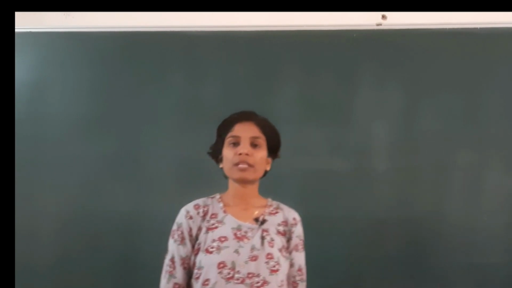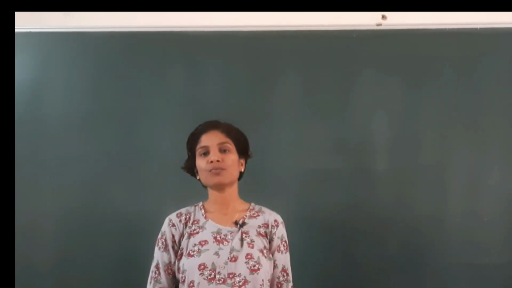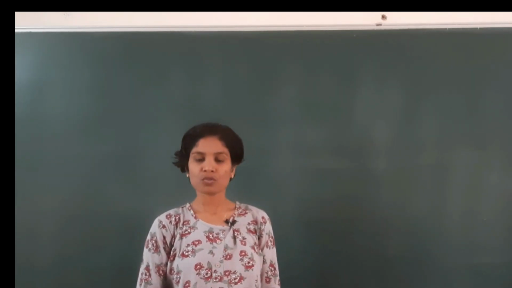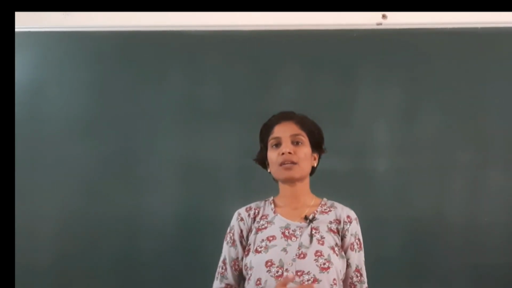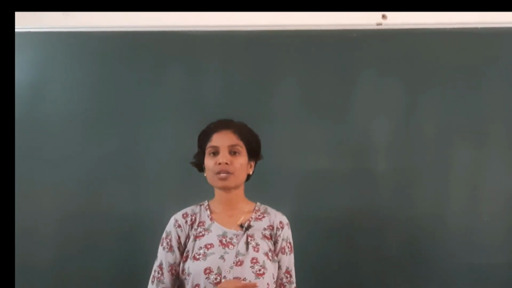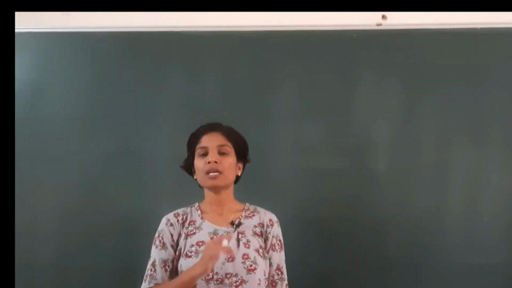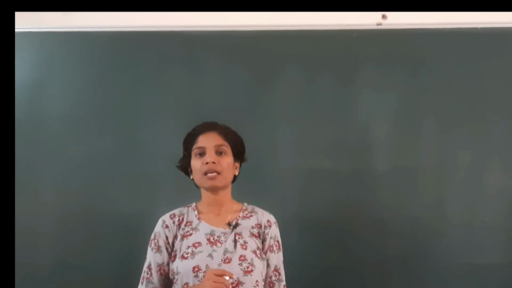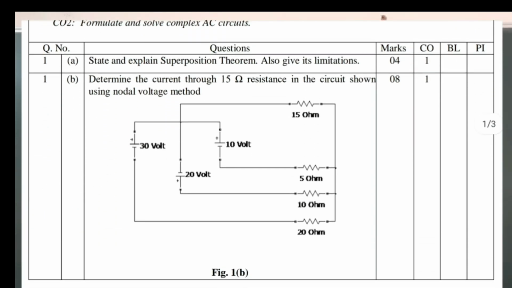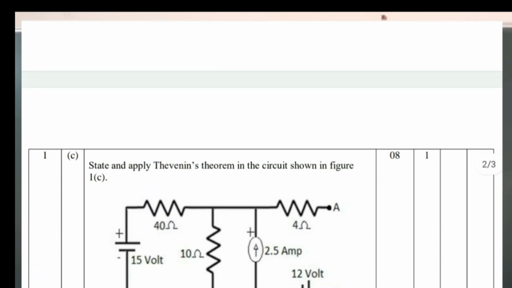So first, in this part 1 video we will have the discussion about the first question, that is the DC networks. So as we know, in this pattern of this question paper we have two questions, question 1 and question 2. Question 1 is about the first unit, in which we are having the 4 parts A, B, C and D, right? A part is for 4 marks, B, C, D is for 8 marks, and among B, C, D we have to attempt any 2 questions, right?